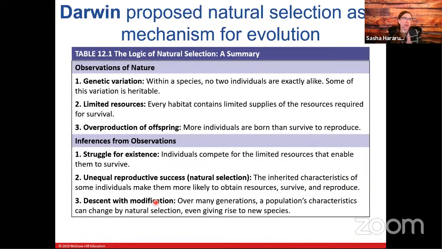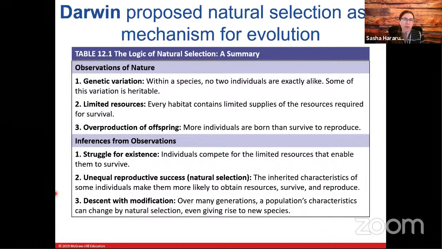All right, so back to Darwin. Darwin proposed natural selection as a mechanism for evolution. So natural selection kind of made sense to him because he was very familiar with artificial selection, and he had seen a lot of populations and a lot of individuals within the populations across a lot of different species around the world. Okay, so what he observed, he made basically three observations that led him to the idea of